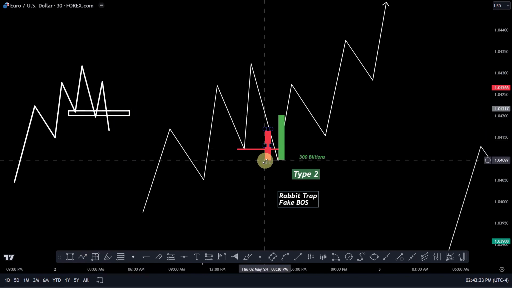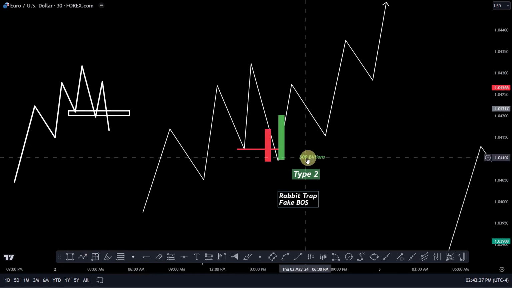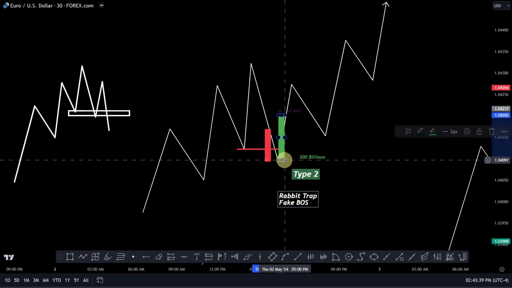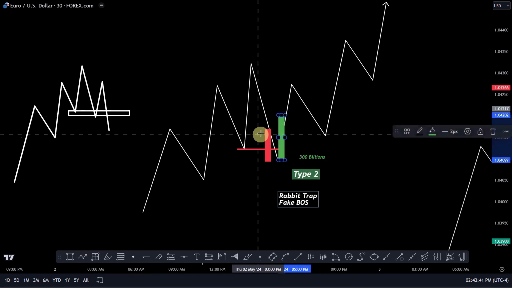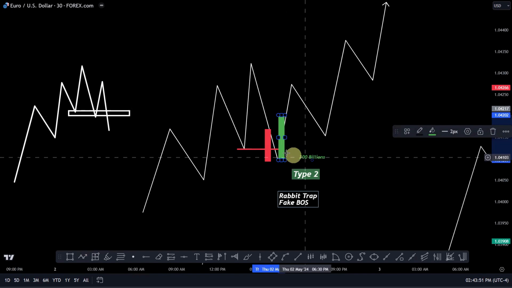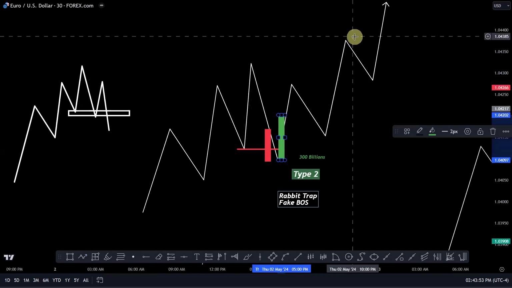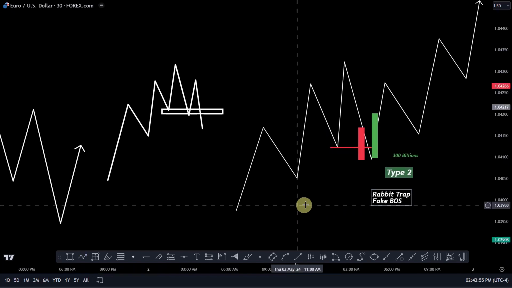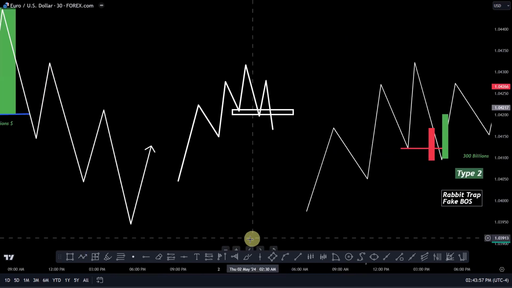As more sellers are now looking for a sell position, if institutes want to open a new order of $300 billion, they can buy against them right there. Because when they break below the low, it introduces more sellers there. They start to look for a sell position. And now institutes can open a buy against them with $300 or $450 billion, which can again make the price go up. So in short words, I will say that